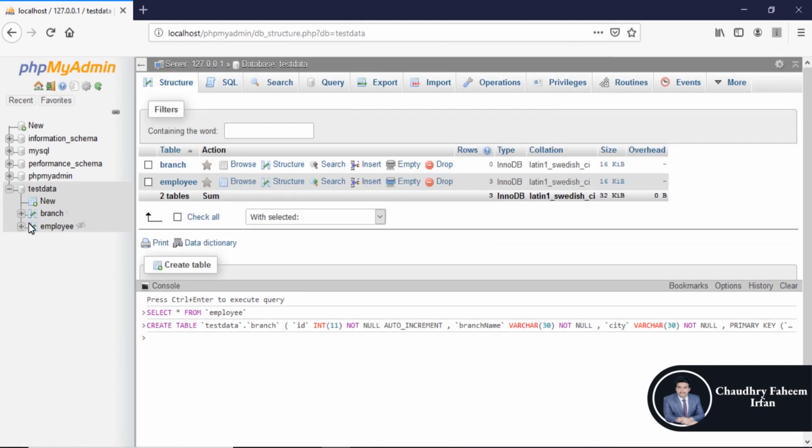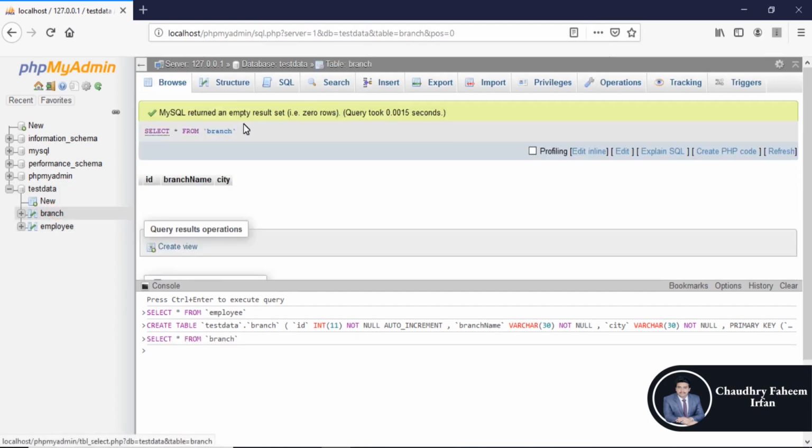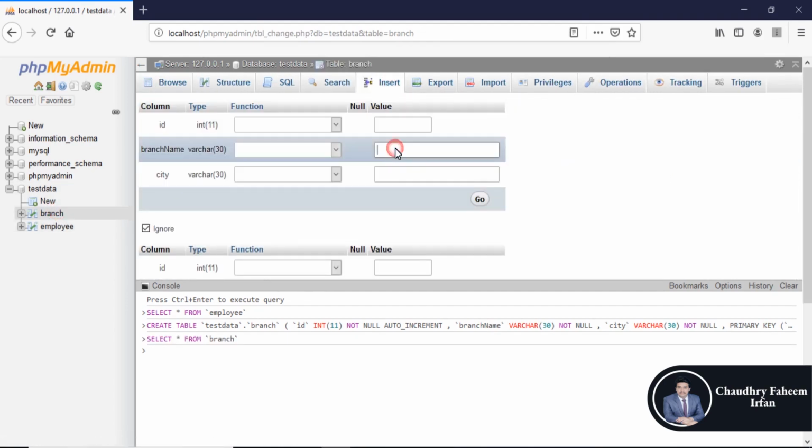Insert a record into the branch table. Select the branch table and go to the insertion section. Branch name, main branch ABC, and branch city is Multan.